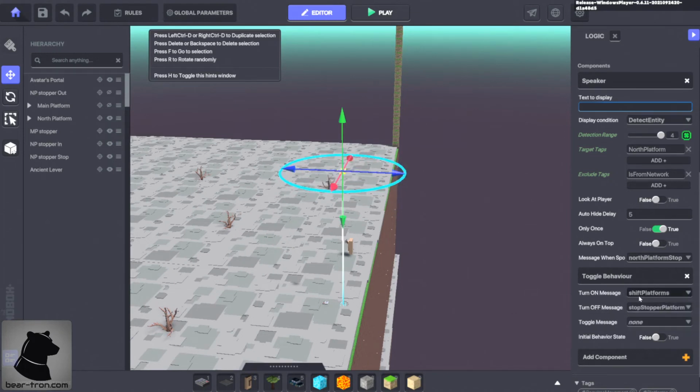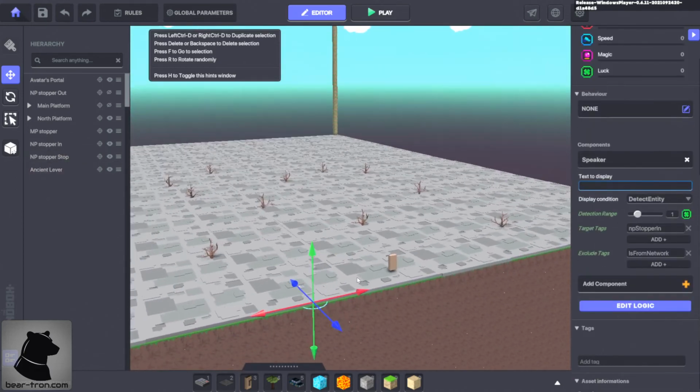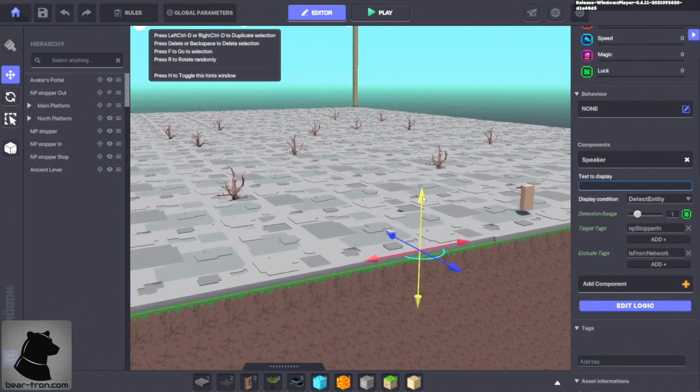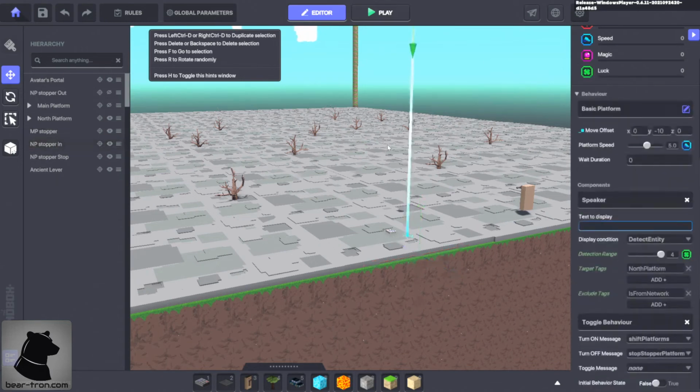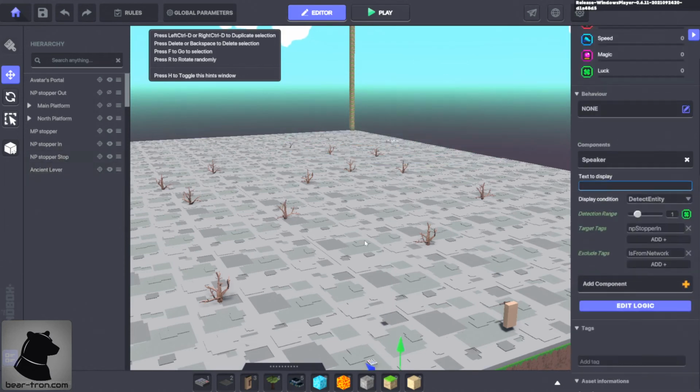But whenever the message is sent to shift the platforms, this is going to turn on the behavior to start the basic platform, and that's going to slowly shift down, and it's going itself to be stopped by another kind of listener here, the stopper stop, which has the fantastic name that we all love. So this guy here is going to listen to the north platform stopper in, which is the guy that is floating above. You can see the tag here,